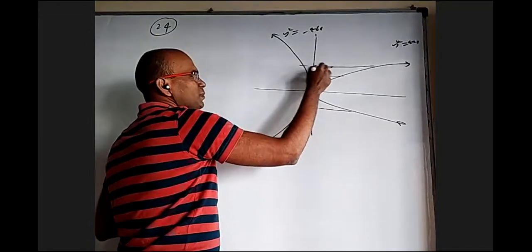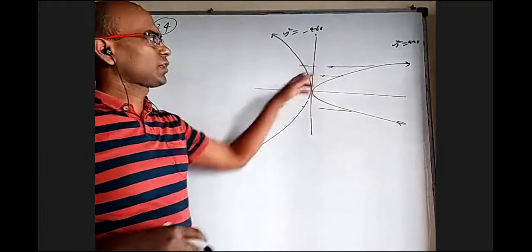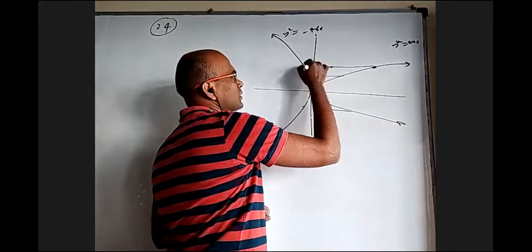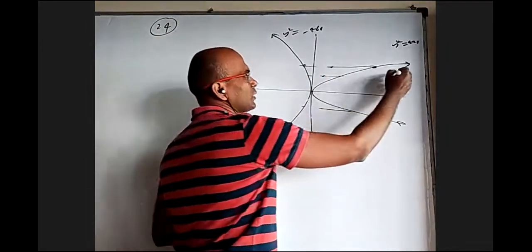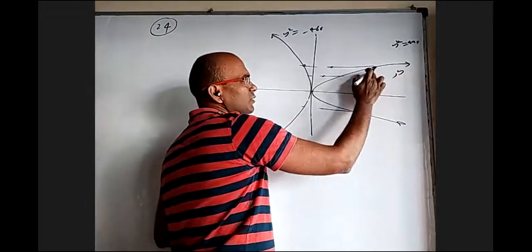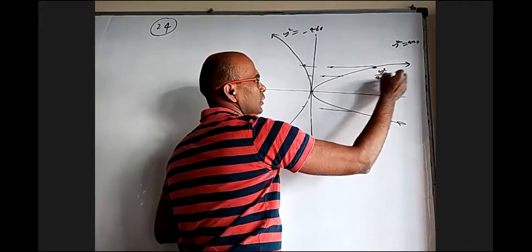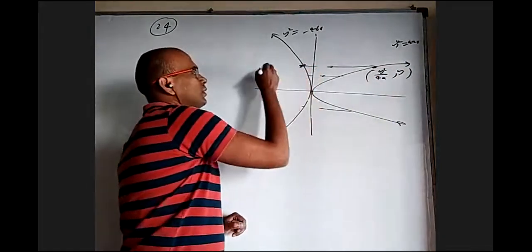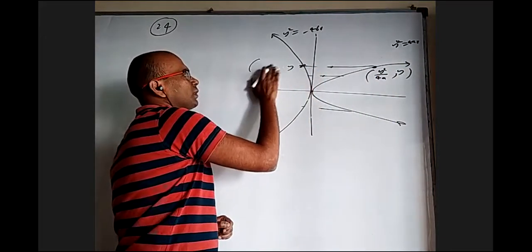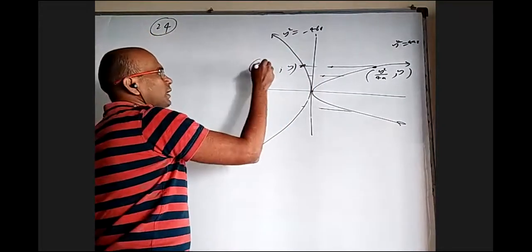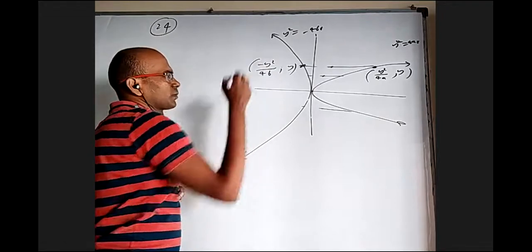How to find this midpoint? I cannot take this midpoint as x1, y1 and do some S1 equal to S1 or something. Because all these points have same y coordinate, I'll take that y coordinate is y. If y coordinate is y, what is the x coordinate here based on this? y square by 4a. Here y coordinate is y. What is the x coordinate will be minus y square by 4b.